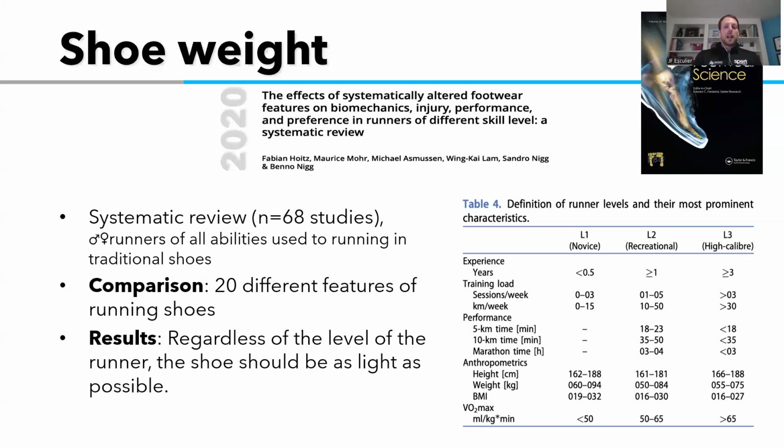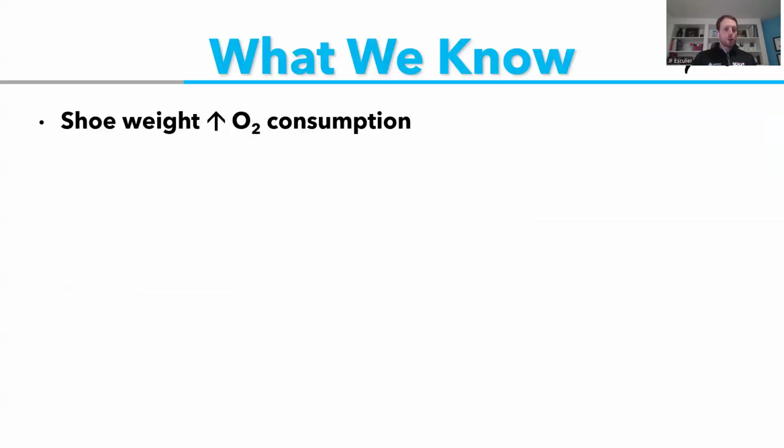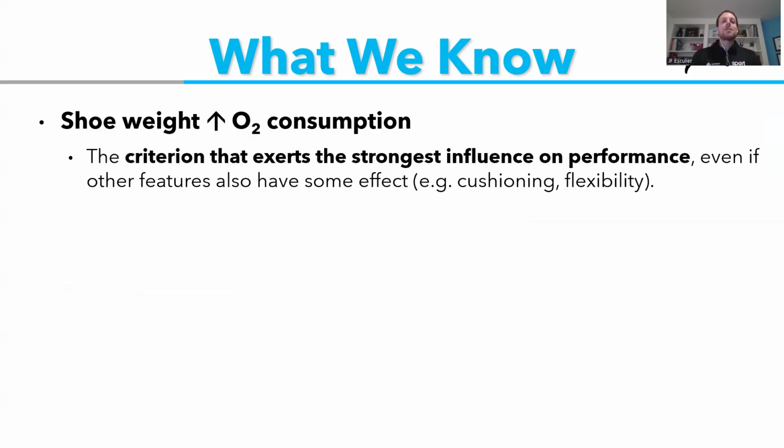So what we know now is that heavier shoes increase the oxygen consumption when you run. That's pretty clear from all the research that we have. And it is the most important criterion on performance, even if other features also have some effect. So cushioning can have an effect, flexibility of the shoe. So having a bit of stiffness in the sole might be beneficial, but the weight is the top factor for